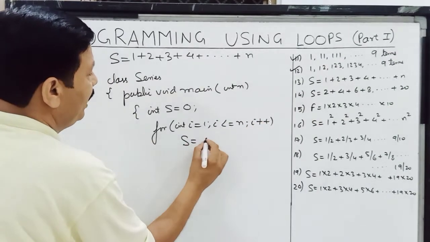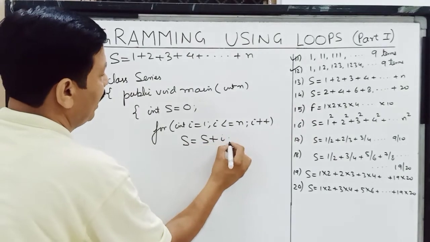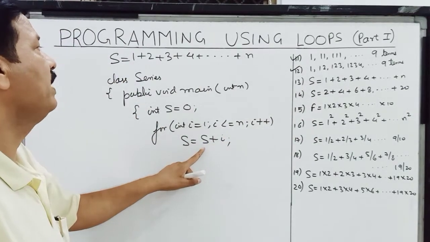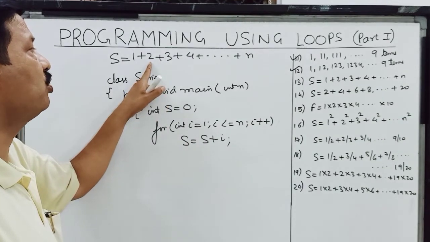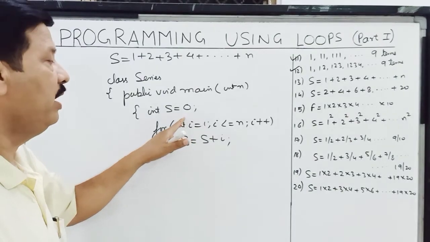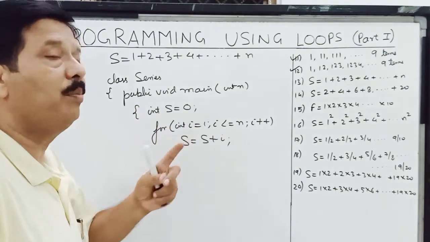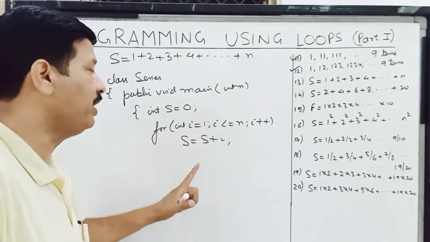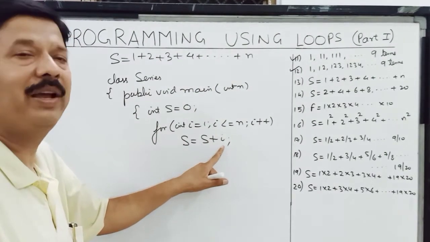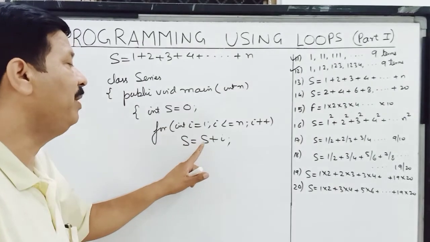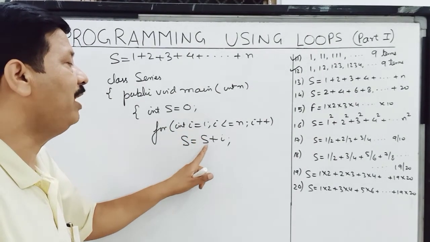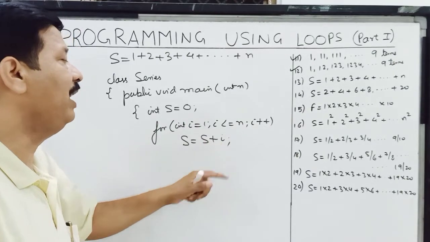And here I am saying s is equal to s plus i. So i will be first 1, so 1 will get added to s, then i becomes 2, 2 will get added. Now children, this initialization is very important. Since in the plus operator you must have two values. For the first time this value will be 0 and this will be 1. So 0 plus 1 will become 1. So the value of s will become 1. Second time when the value of i becomes 2, this will be 1 plus 2. So these values will get added.